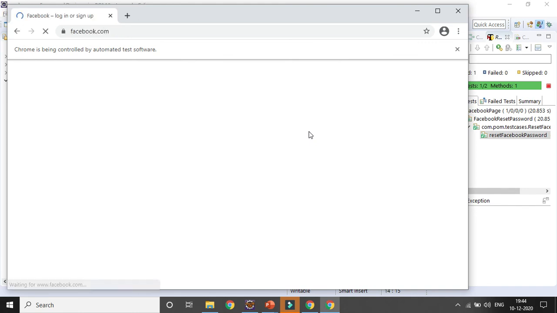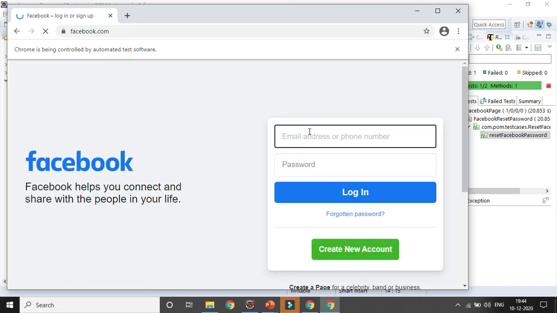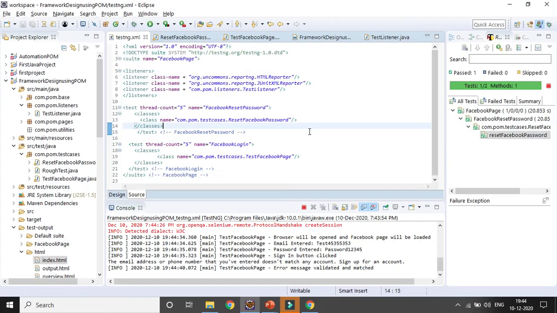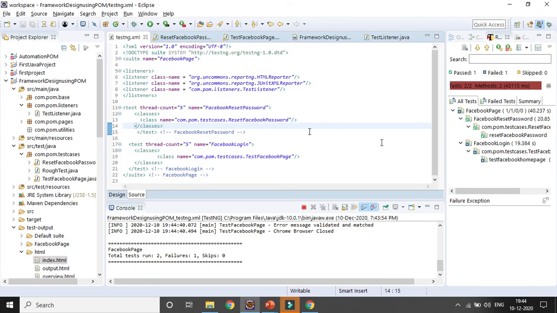For soft assertion, though the test case is failed, the next line of code for that particular test case will be executed. But for hard assertion, if the test case fails, the remaining lines of code will not be executed. That is the reason closing the browser is not happening for the failed test case where we have used the hard assertion. You can see one test case got failed.